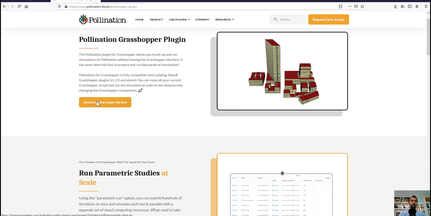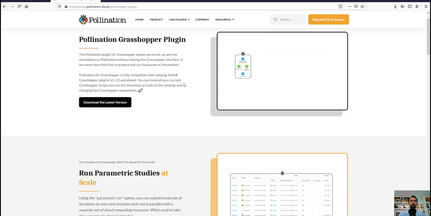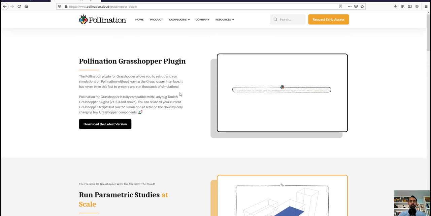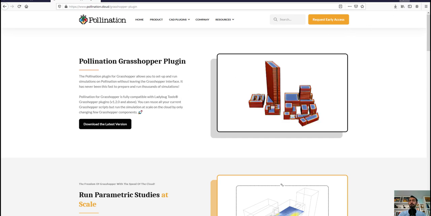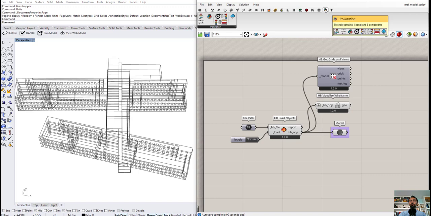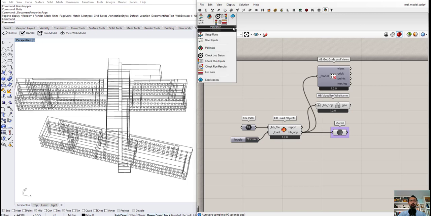When you download that, it's just a single-click installer. You just go next, next, next, and it installs Pollination inside Grasshopper for you. Once it's installed, you should be able to see a new tab for Pollination. It comes with a number of components that help you set up runs, run them on Pollination with this component called Pollinate, and then check the status, get the results or the inputs, and check on different jobs and